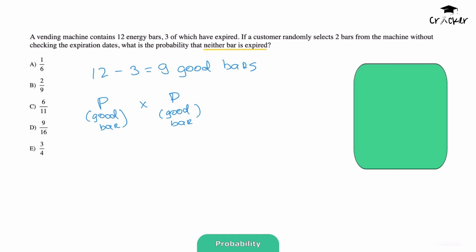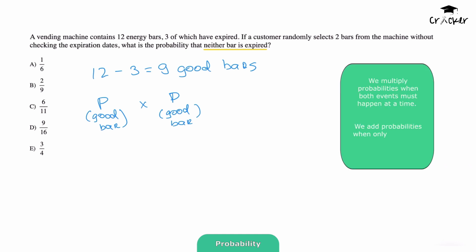In probability, when we want the likelihood of 2 independent or sequential events both occurring, we multiply their individual probabilities. The probability that the first bar is not expired is 9 out of 12. The probability that the second bar is also not expired is 8 out of 11, since one good bar is